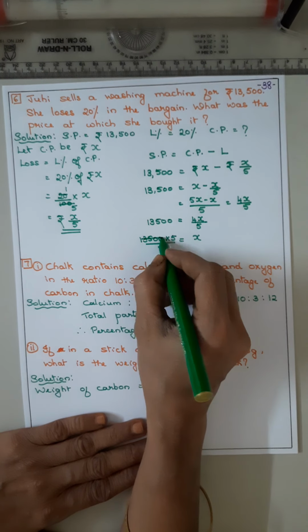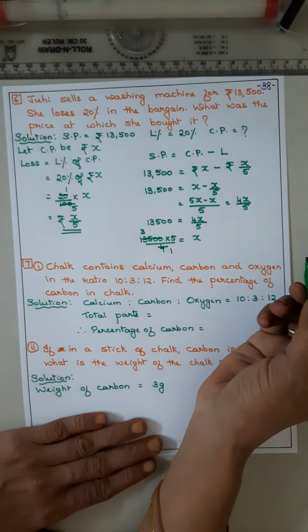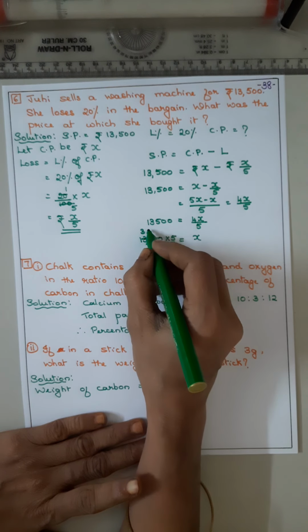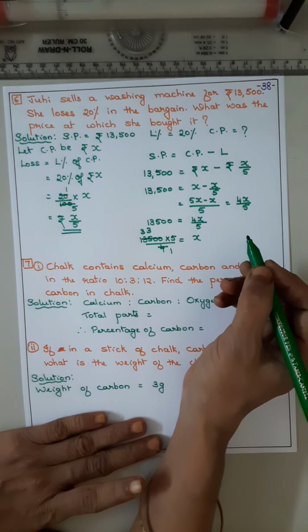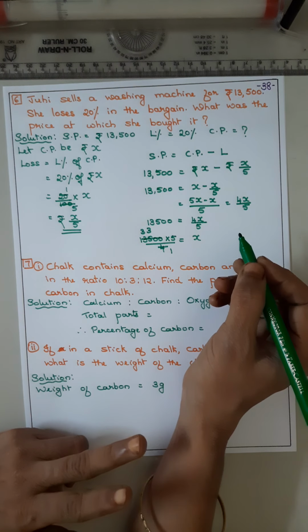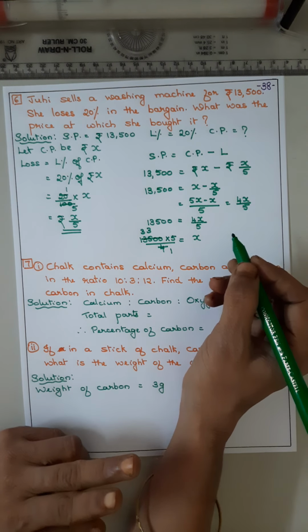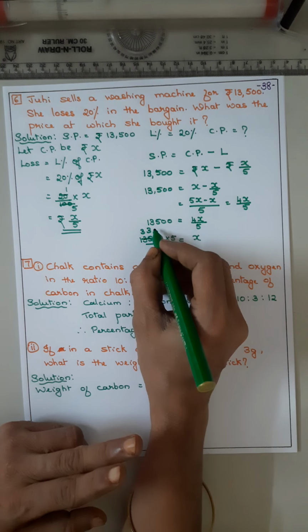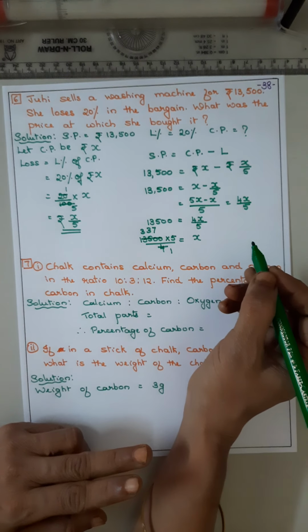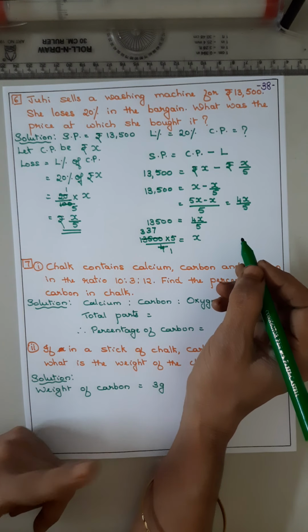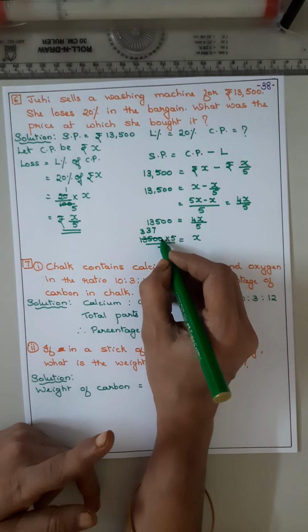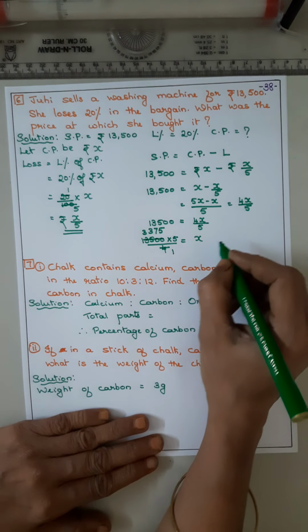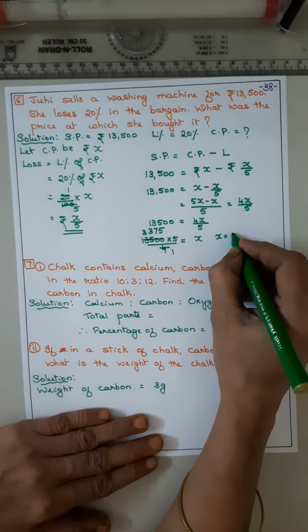4 1s are, 4 3s are 12, 1 remains, 1 and 5 15. So again 4 3s are 12, 13 14 15, 3 remains, 3 and 0 है ना, इधर 0 है तो 3 and 0 30, 4 7s are 28, 29 30, 2 बचा, 2 and 0 20, मतलब 4 5s are 20. So you got x is equal to